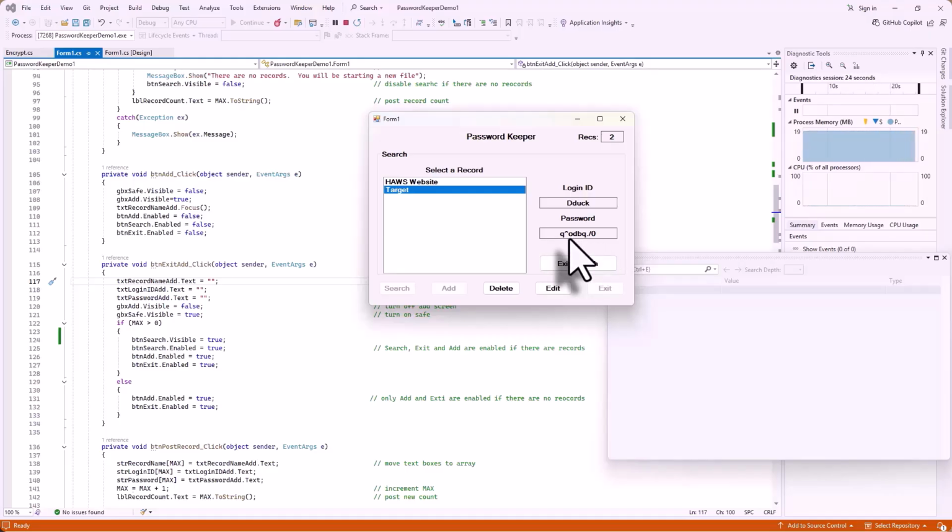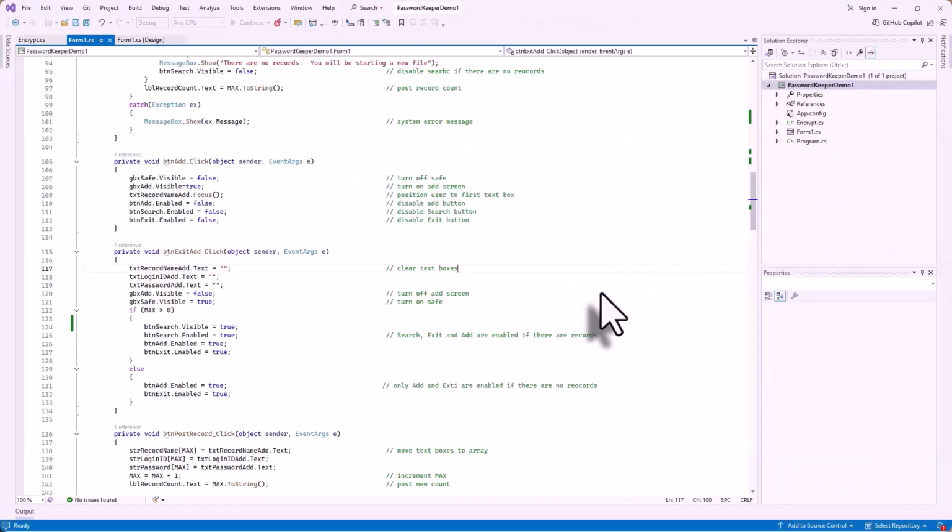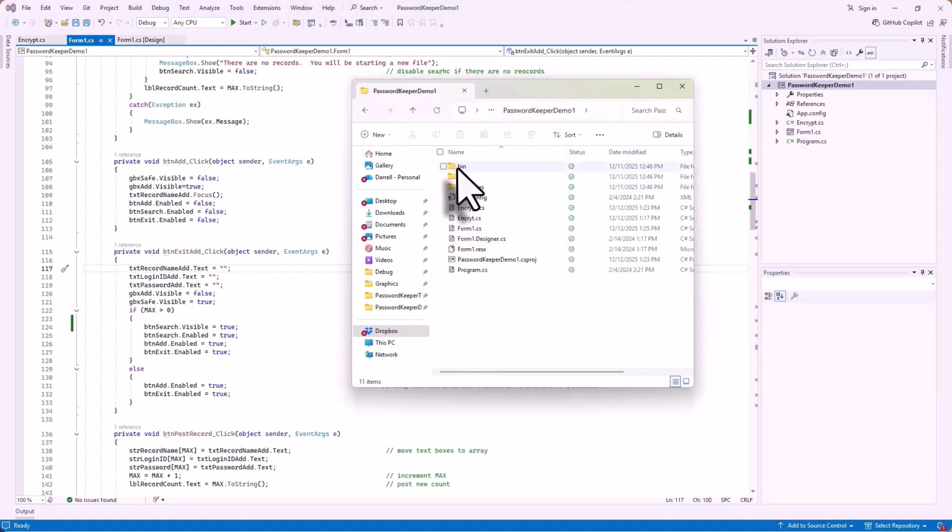Why? Because we already had a file sitting out there, and it was in text format. So bringing it in is actually subtracting 3 from all those characters and making it go. So we need to exit out, go into the program itself, and get rid of that file. We do that by jumping into the bin debug folder,